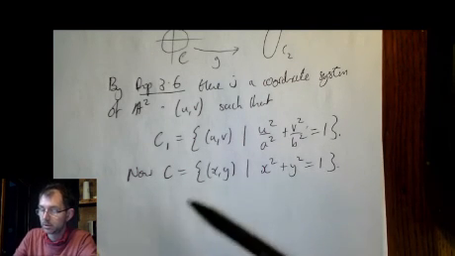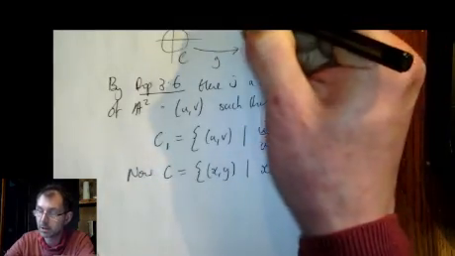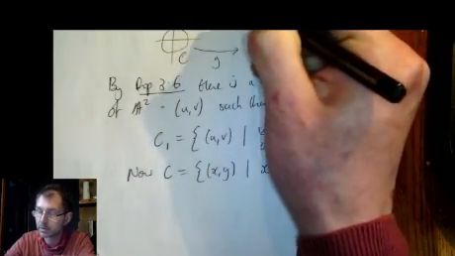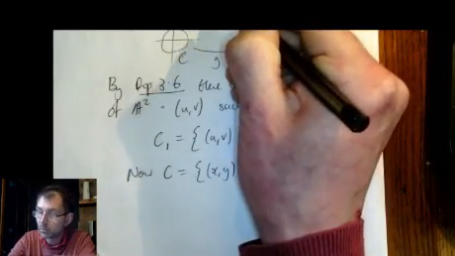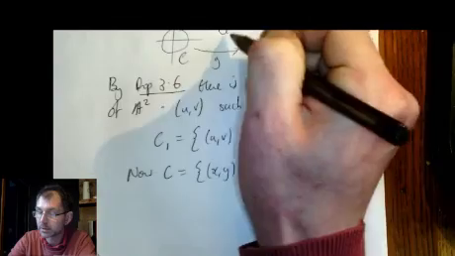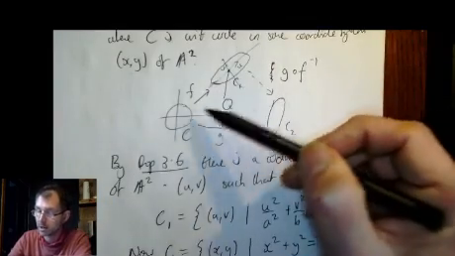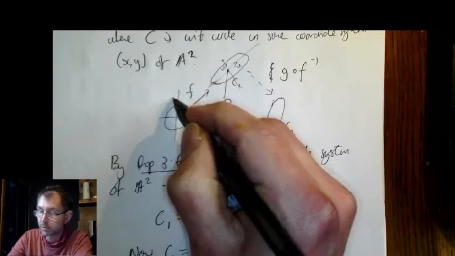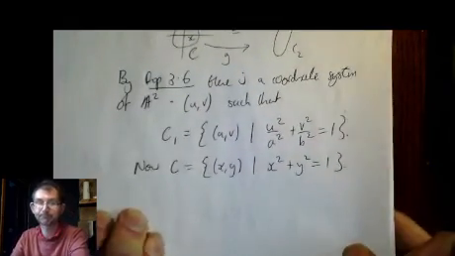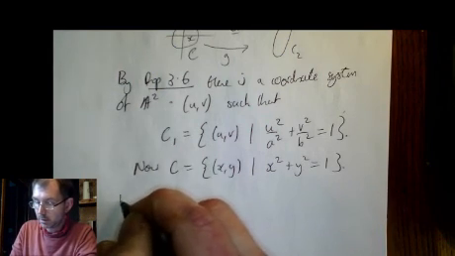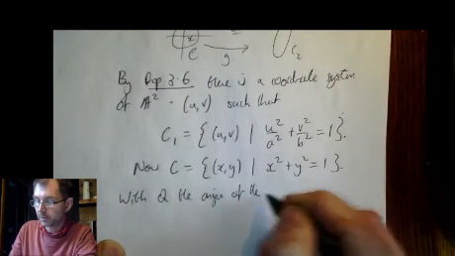Okay, so we want to know how to move from this coordinate system xy to a coordinate system here, which will have a u and a v, something like that. We want to know what that origin is, and that's going to be q. Let me just show you, sure you can see that. So this is my xy coordinate system, and that's my uv coordinate system with an origin there, q. So with q, the origin of the uv system,